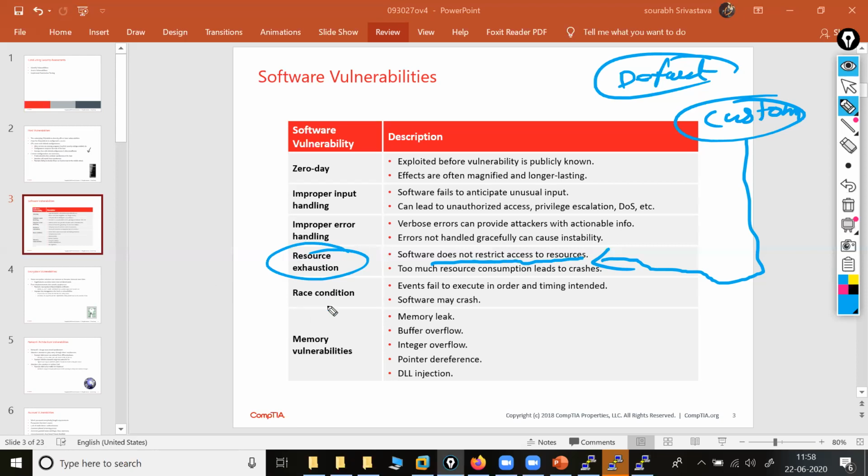Then after I'm coming to race condition, which is very much important. What it is telling me is the timing. Whatever time it takes to reach the destination is very much important. Events fail to execute in the order or timing intended. What it is telling you is what timing it gives, from my side to your side, that should be